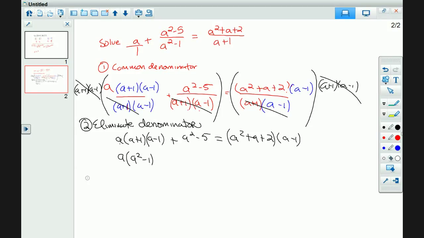You fold that out, you can just write it. And then that one, you do the a to every term and the -1 to every term. You don't know how to do those. So